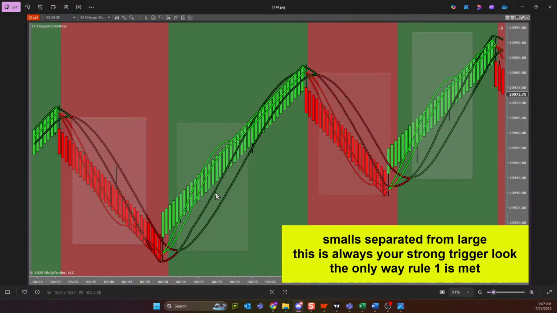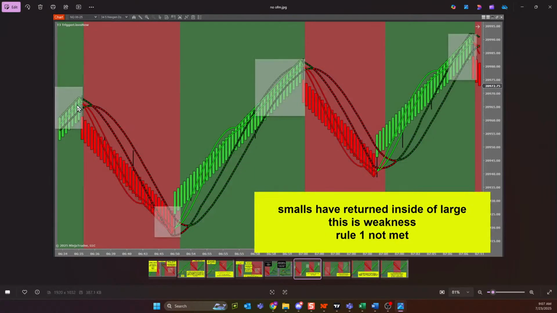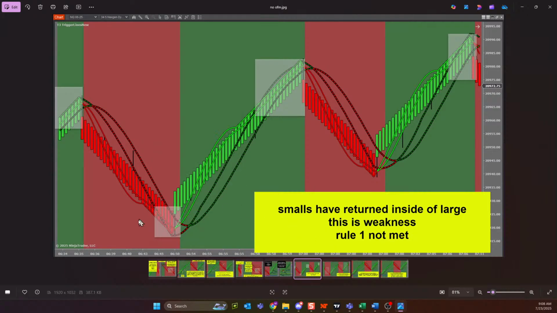And when you have momentum, it'll even help cover some of the mistakes that we tend to make as new users. Momentum is amazing. And when those small triggers are no longer separated, you have weakness. And when you have weakness, anything can happen up or down. And rule number one isn't met, and your advantage goes away. And you've got to get your management hat on, because now you don't have a market that's likely to push in the direction of the trend. And you'll notice that 4 out of 5 pivots happen with weak triggers.